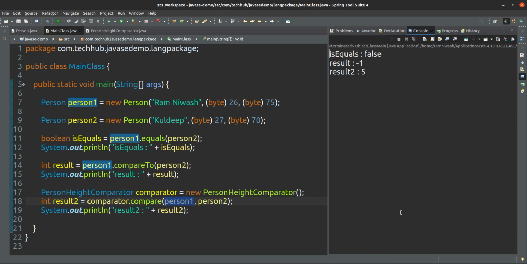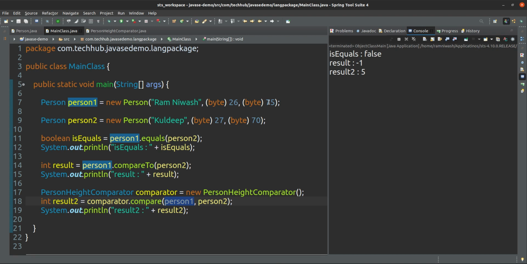In the first compare, the result is -1, because this is 26 and this is 27, so there is only a 1 year age difference. Person 1 is 1 year younger than person 2.